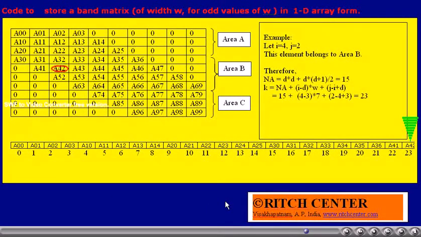Now consider we want the element 4, 2. This element belongs to area B. Thus, we calculate the index of that element from the 1D array point of view. Using the above formula, we will get 23. That is the 23rd element. You can verify.